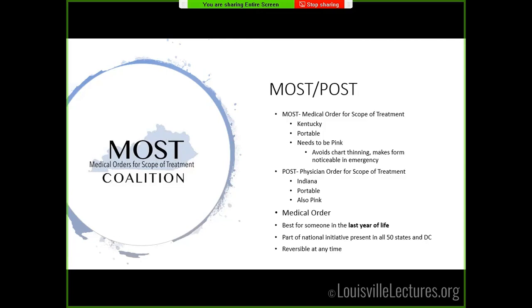Let's see. And then it is the type of document that's best for someone, we would say, in the last year of their life. Because this document is asking some very specific questions about exactly what people would want in end-of-life care. And because it is a medical order, it is something that they're going to use in whatever setting they're in. We want to make sure that that's as clear as possible, and this is a document that provides a lot of clarity. Some of these questions may be a little bit overwhelming or too specific, too abstract for folks that do not have an advanced or life-limiting illness. So just something to consider in who you're prioritizing filling out and completing paperwork with.